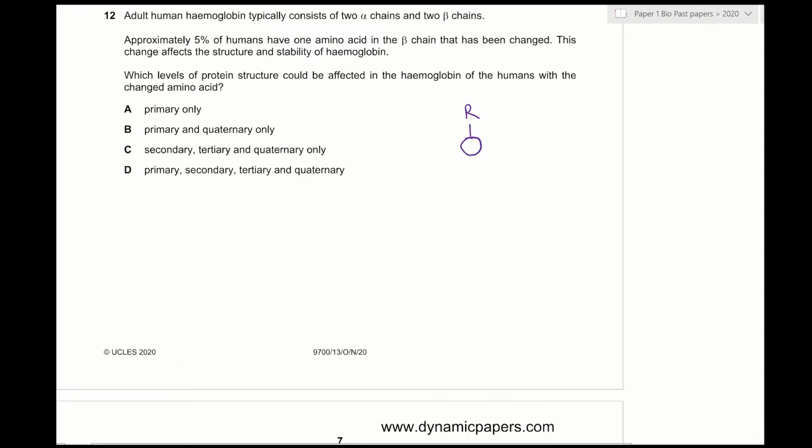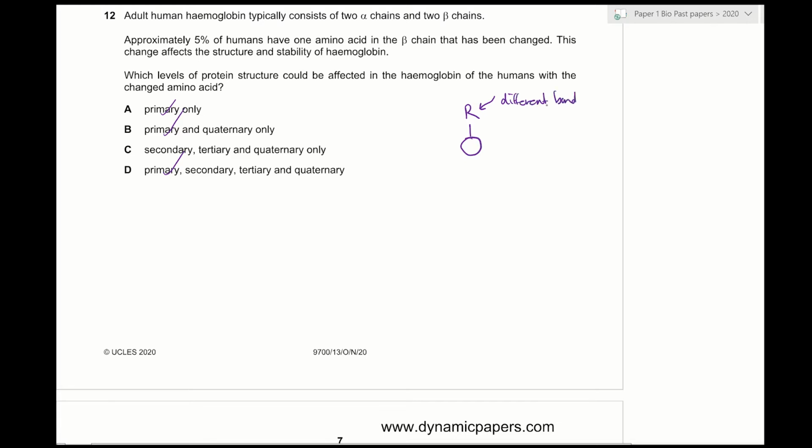Changing the amino acid is definitely going to alter the primary structure as well. The reason for this is that the definition of primary structure is the sequence of amino acids. So we know that the primary structure is altered. Then, if the primary structure is altered, we all know that every amino acid has different